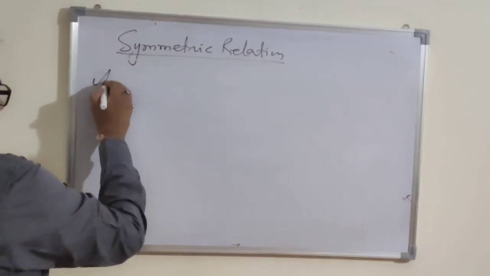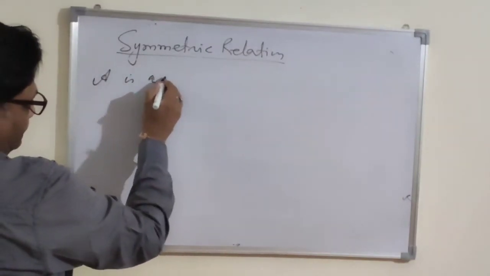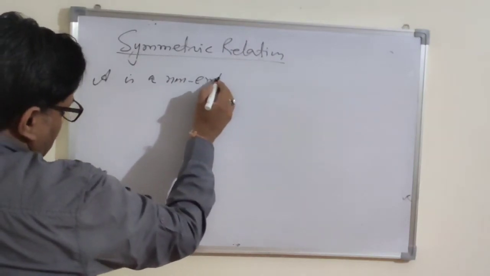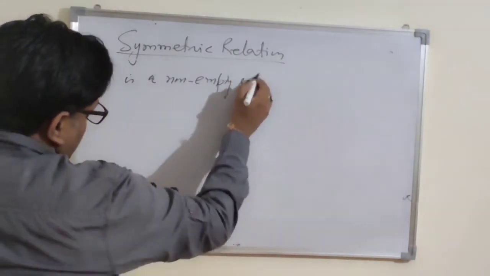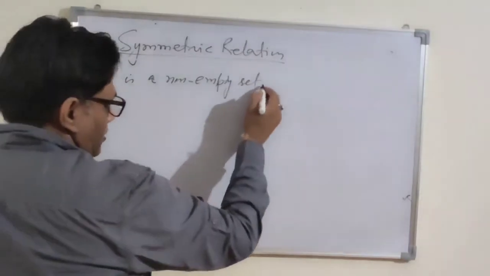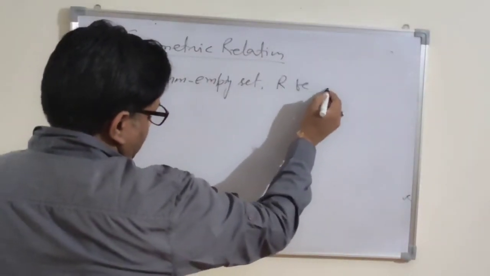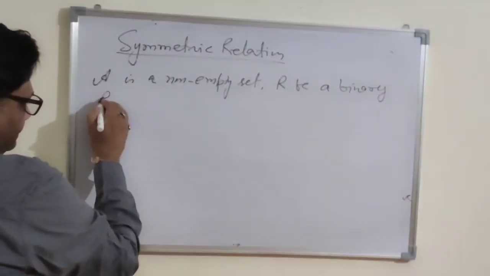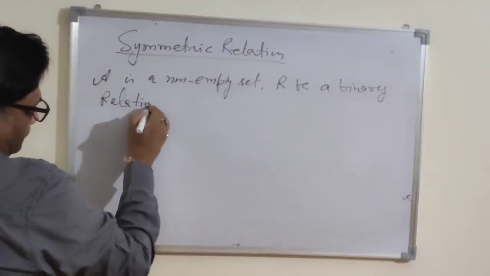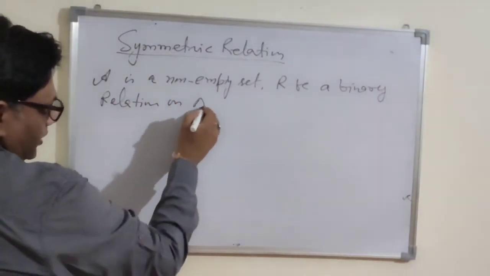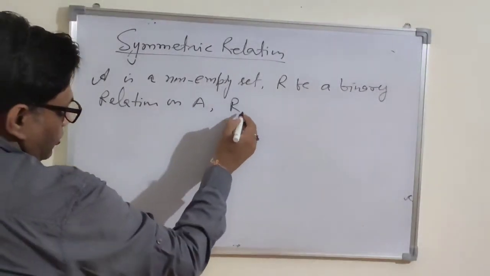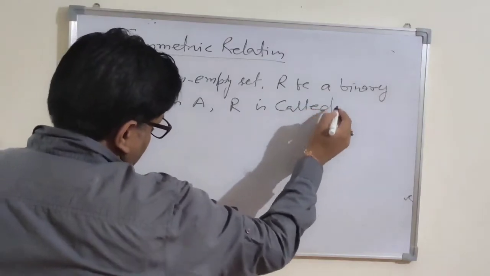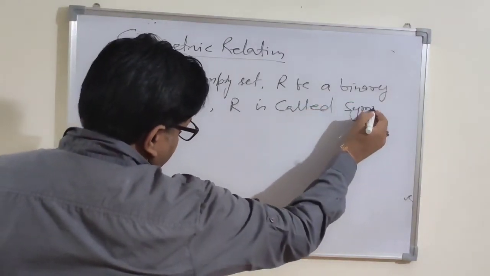So simply, A is a non-empty set and R be a binary relation on A. So R is called symmetric